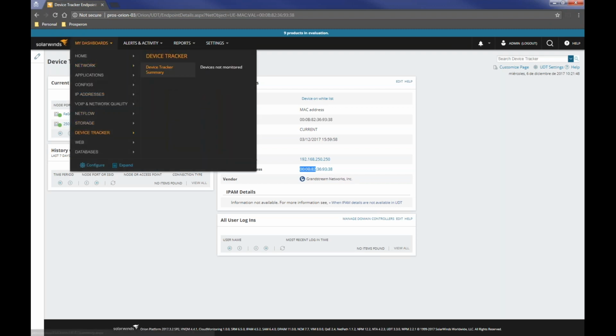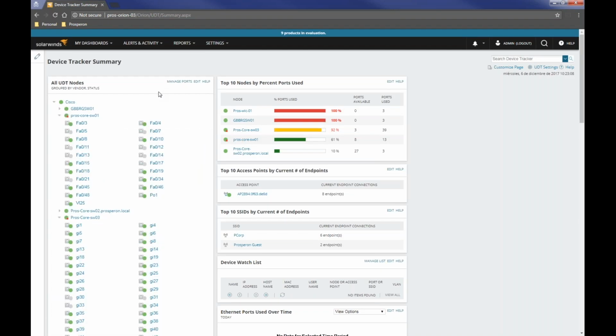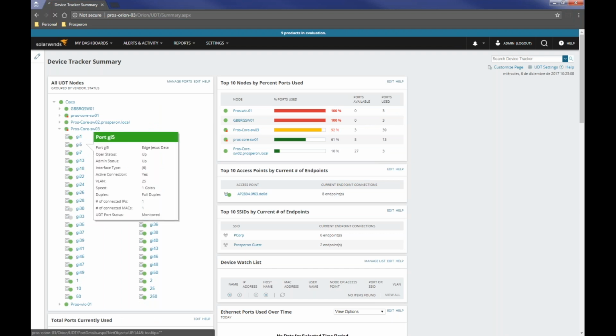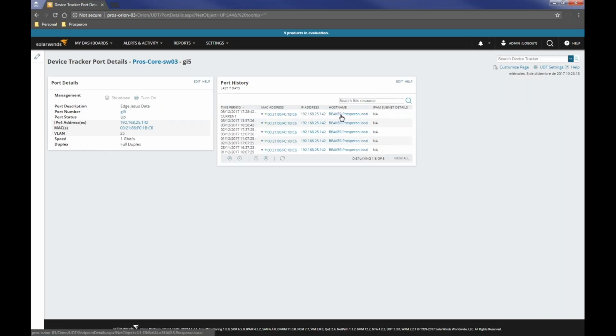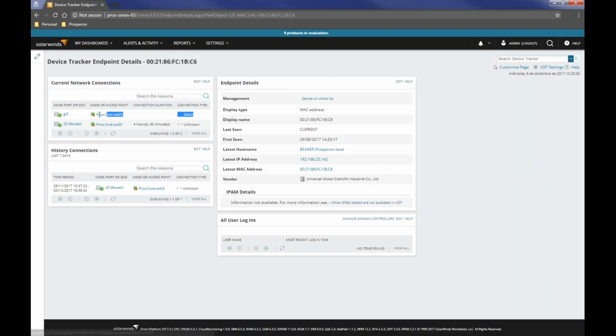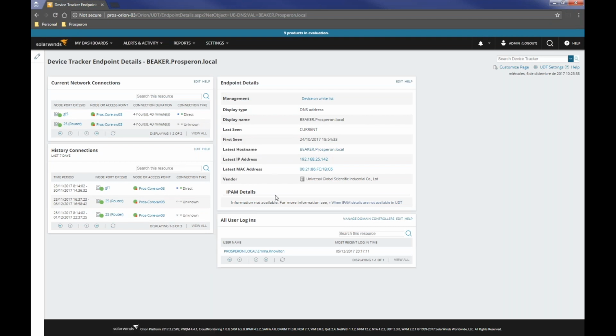Just to show you another example of how UDT works, we can also integrate it with our domain controllers. For example, let's go to this interface, where you can see again which device is being connected. You have some historical data as well for the last 7 days. And if we go to the device, you will see again that this is a direct connection to this interface, seen on this VLAN of this device. Sorry, I think you have to click here. Yeah, here. You can see